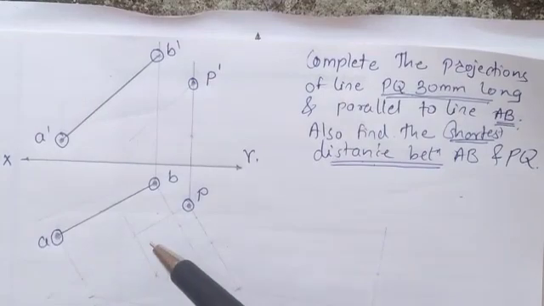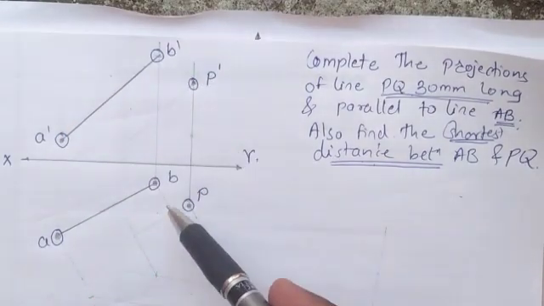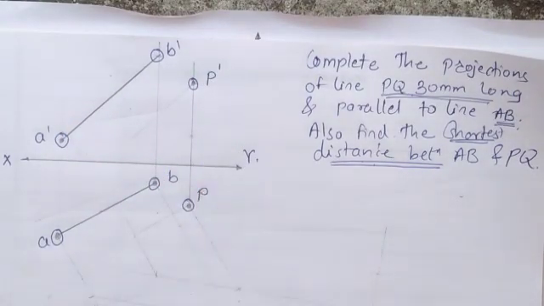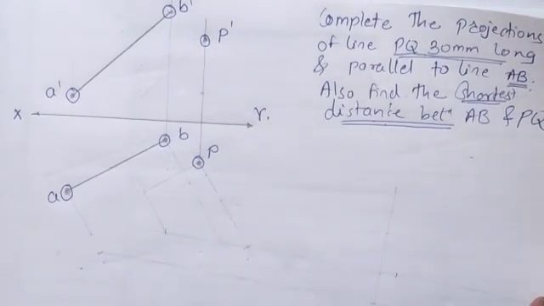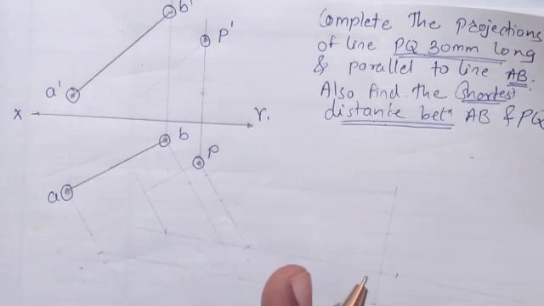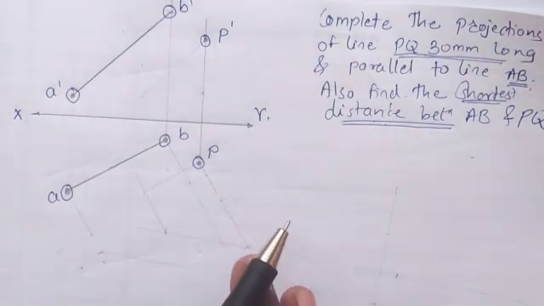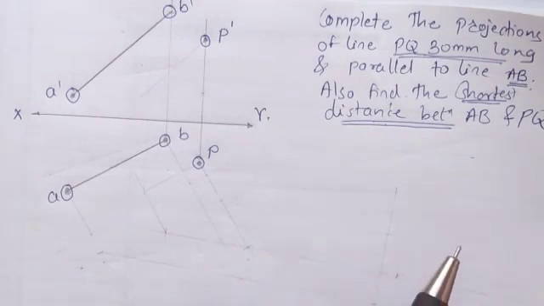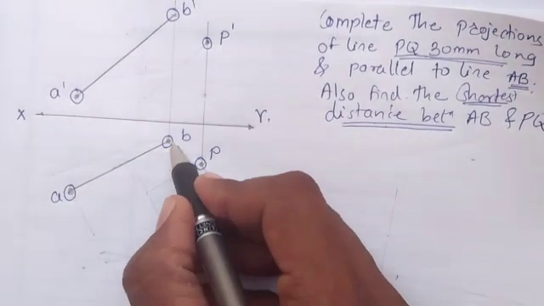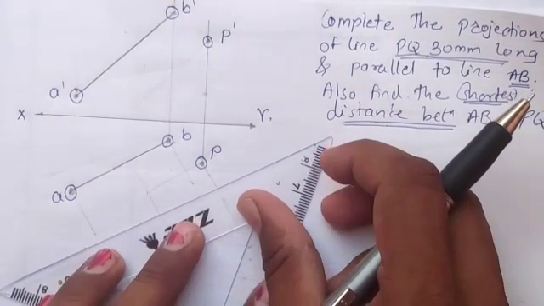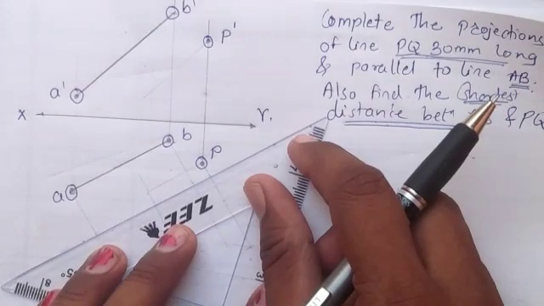Now see here, in front view we have 3 points, and in top view we have 3 points. So this means we can start the solution from any view. As per the space availability I will start the problem from top view. Now what should be your first step? The first step in the solution of such problems is to construct x1 y1. x1 y1 should be parallel to any one line. So here in top view we have line AB, so let us construct x1 y1 parallel to this line AB.